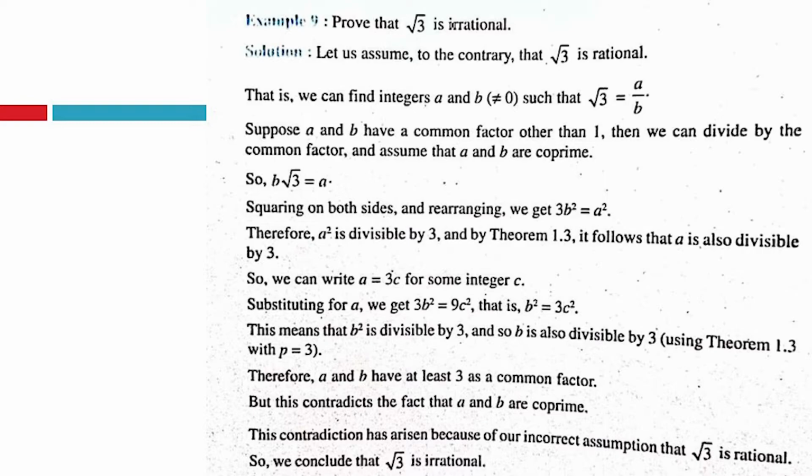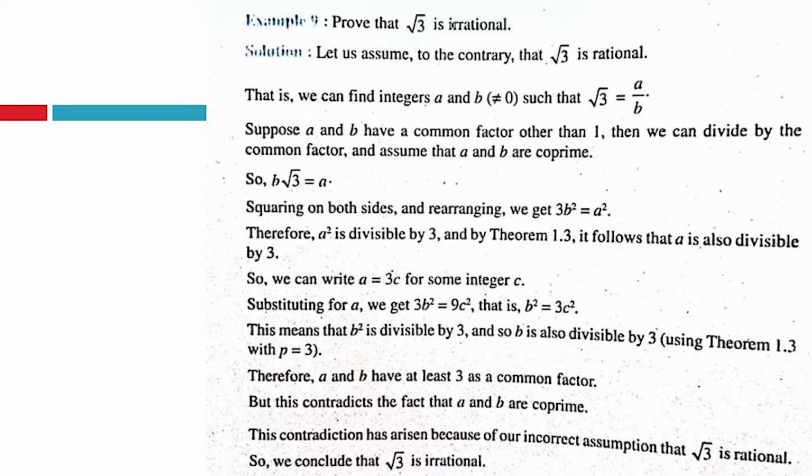Suppose a and b have a common factor other than 1, then we can divide by the common factor and assume that a and b are co-prime. So b root 3 equals a. Squaring on both sides and rearranging, we get 3b square equals a square. Therefore, a square is divisible by 3, and by theorem 1.3, it follows that a is also divisible by